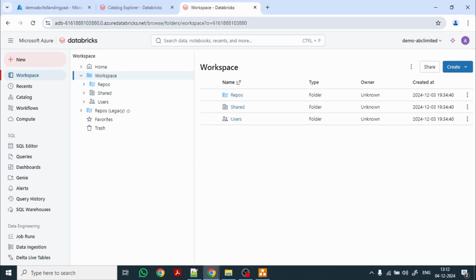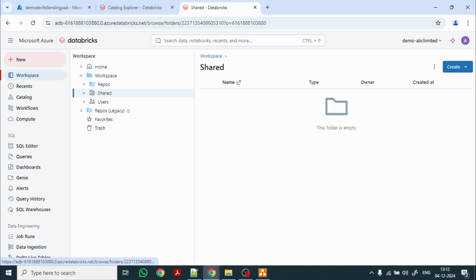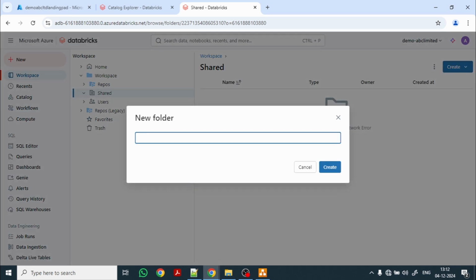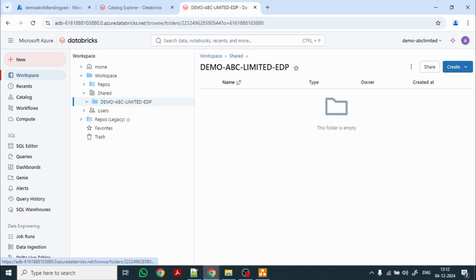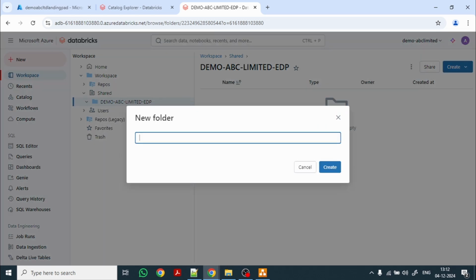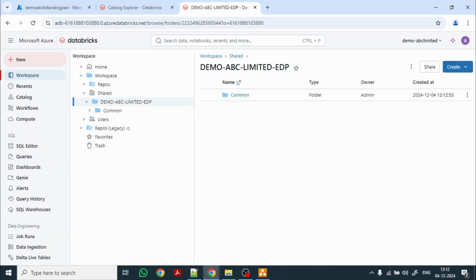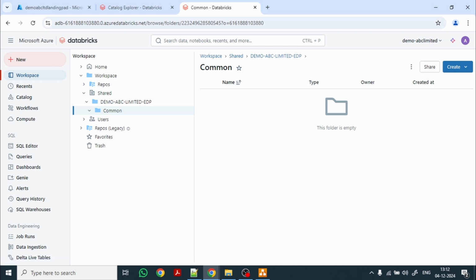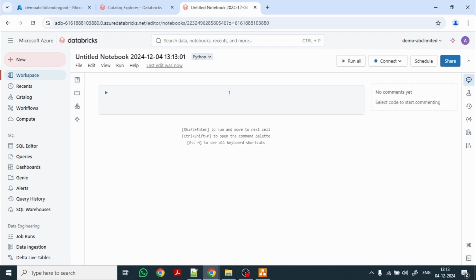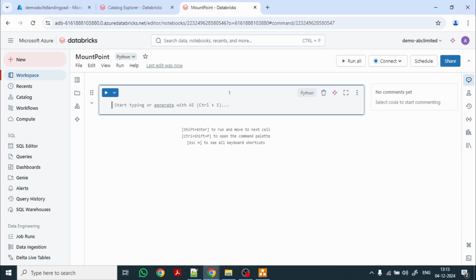Let me open Databricks. Go to the shared folder. I'm going to create a folder structure for us. Inside of the common folder, I'm going to create a new notebook for mount point creation. To create a mount point, we are going to use dbutils